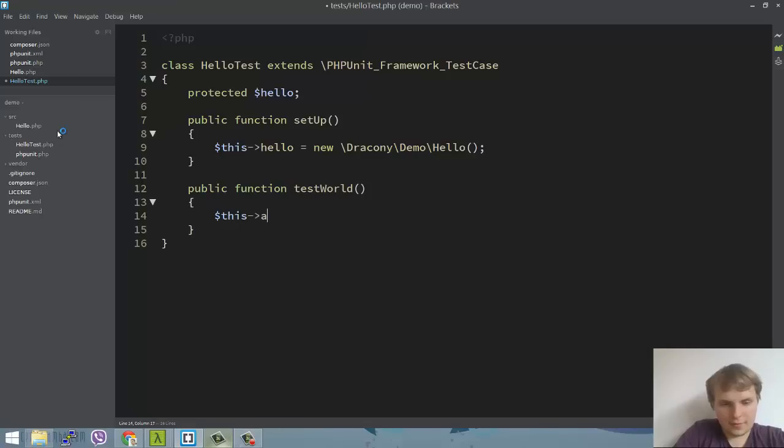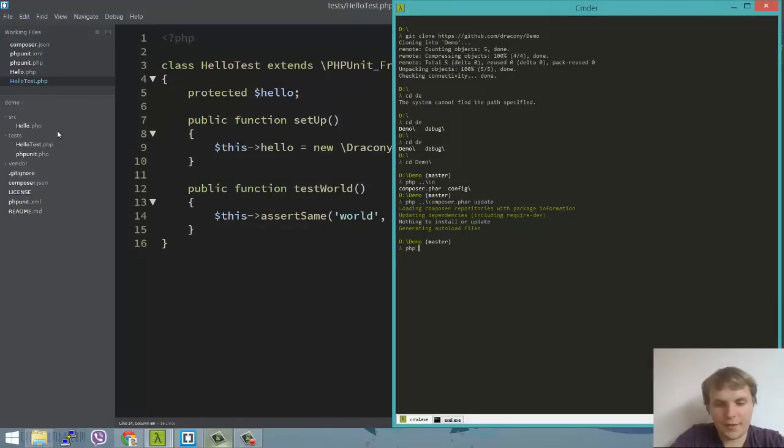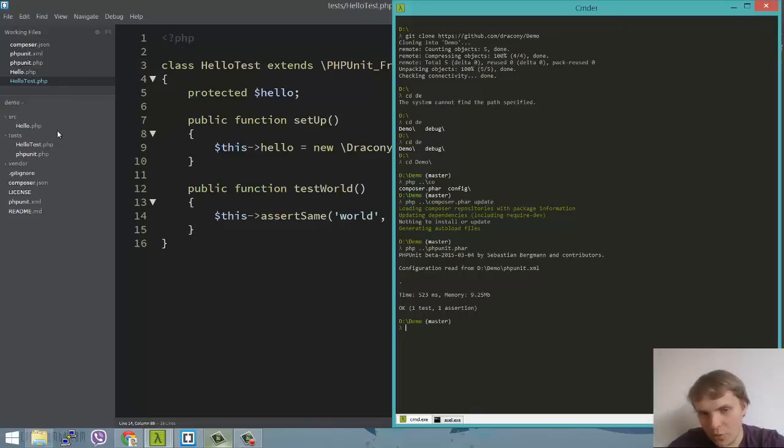On this insert same world, this, hello world, come on world. Alright, so if I didn't screw up anywhere, I should be able to go here and just run PHPUnit, and it should tell me that there is one test. Yay! So we did that, but obviously we want to have some code coverage generated for it,